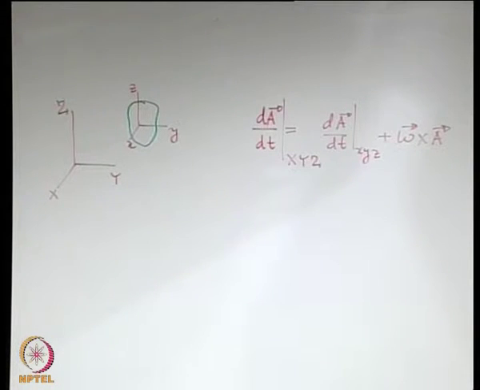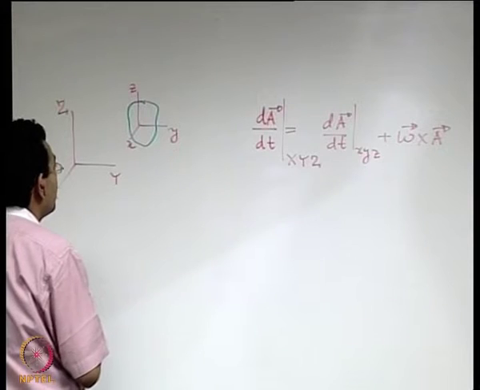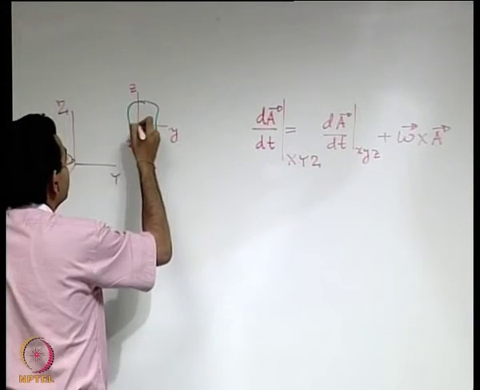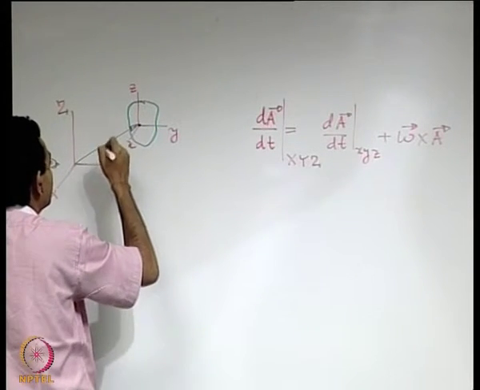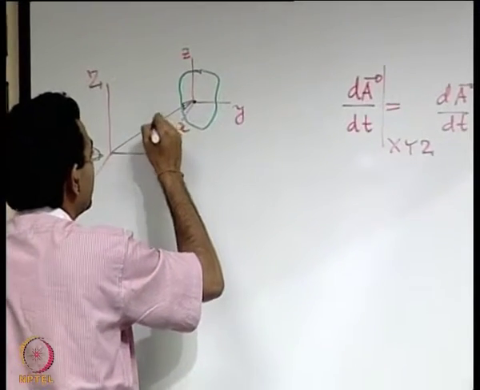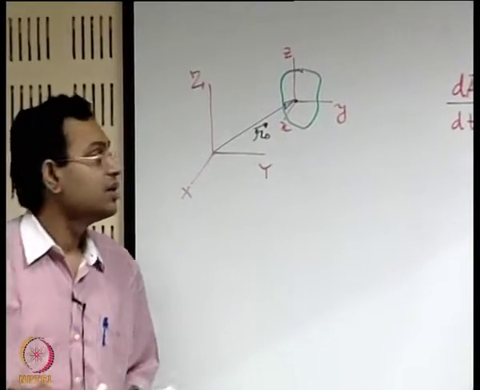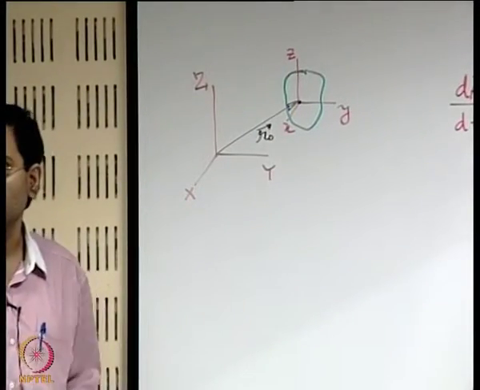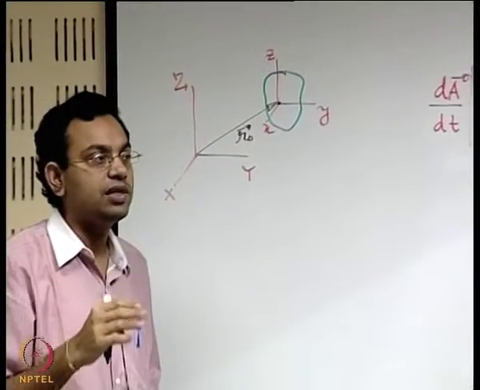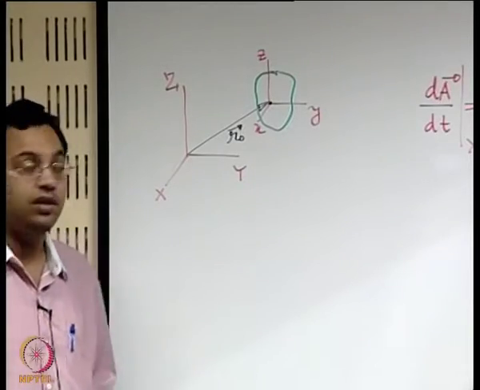Small x y z motion has two important aspects, one is the translatory motion, another is the rotational motion. The translatory motion is like, if you have the origin of the small x y z as this one, then if you have the position vector, say let us call it r naught, the rate of change of this r naught with respect to time gives the translatory velocity of the small x y z reference frame. On top of that, small x y z reference frame has a rotational velocity in general. There may be special cases when rotational velocity is not there.